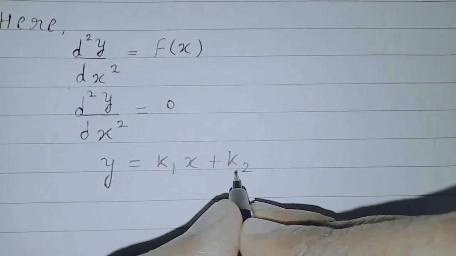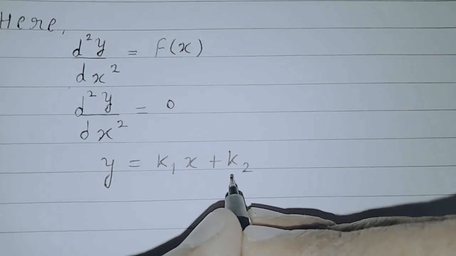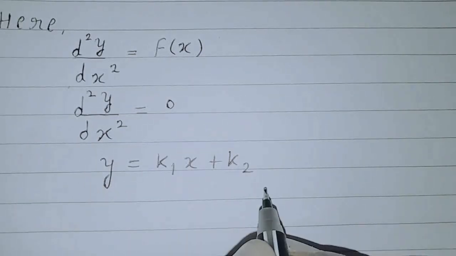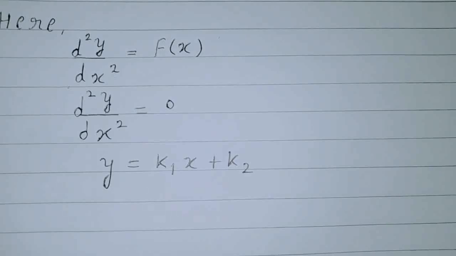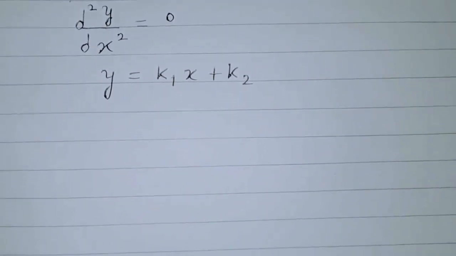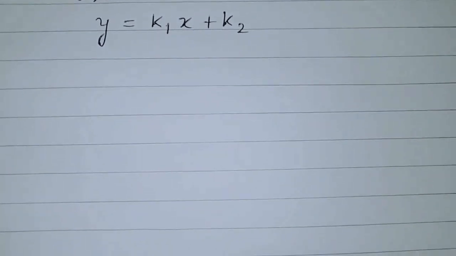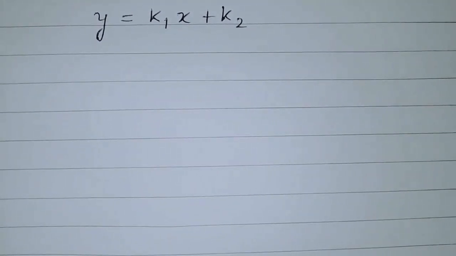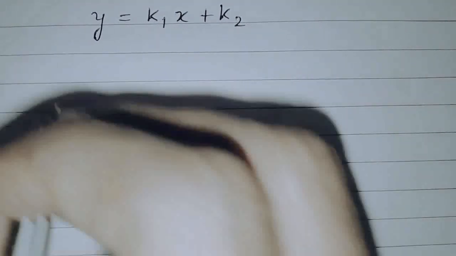where k1 and k2 are the arbitrary constants. Now using this solution corresponding to this equation, we can find the Green's function for this given ODE. Now we take Green's function as